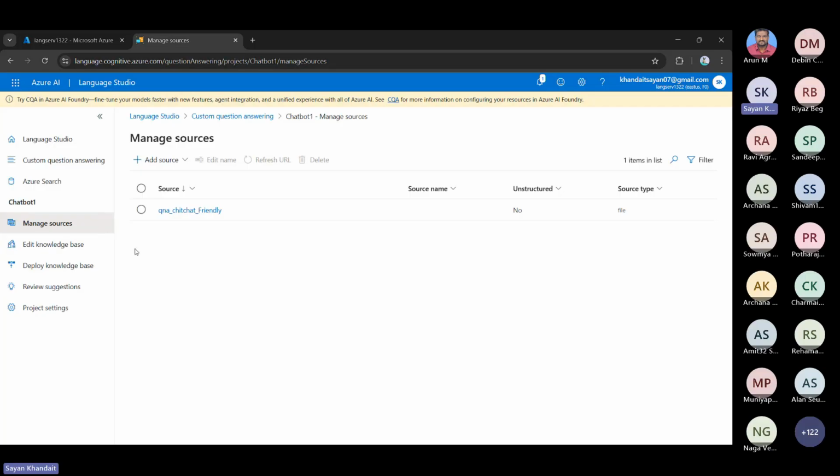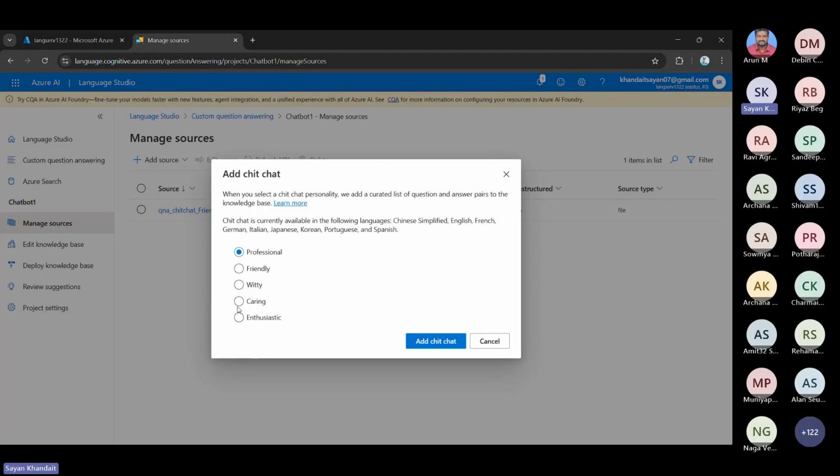Now over here, this is the option to add the knowledge base. For example, there are options to add knowledge base in the form of URL. If you wanted to add a knowledge base that is hosted online, for example, the web page of some website, the FAQ web page of some website, you want to take that URL and upload it over here, you can do so. If you have files in your system that you want to use as the knowledge base, you can do so. And the chit chat option is something that you can also implement under chit chat. These are the different options that can be added inside the knowledge base, which basically makes the chatbot friendly in